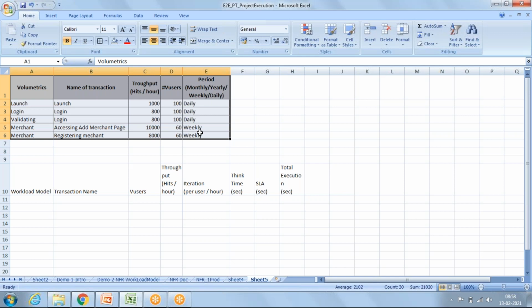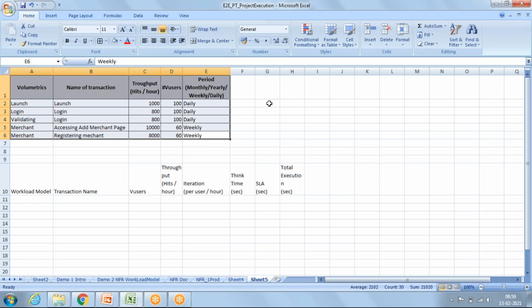The transactions that you already considered for performance testing, and how many times they are performed in the production environment, your operation team will capture this information and share it with you. This may be an interview question: who will provide you this information?